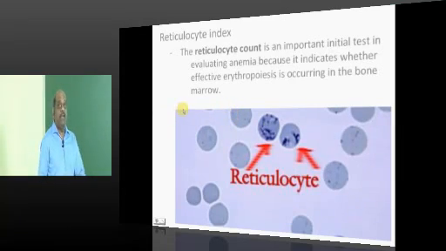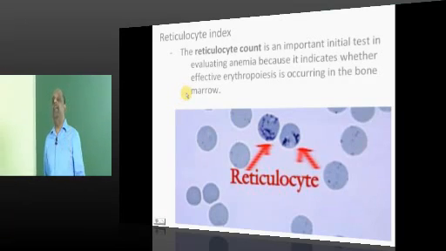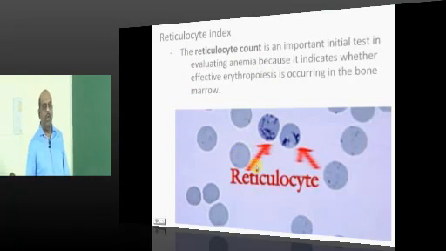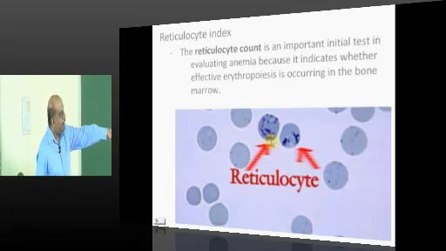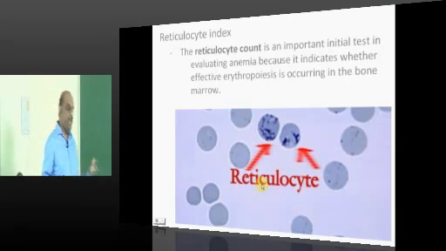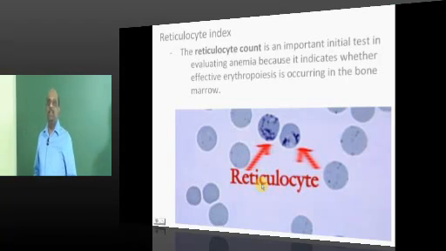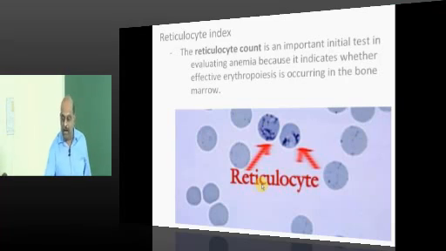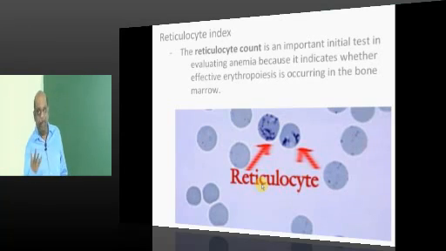Now, there is a very important index called the reti count index, reticulocyte count index. What is a reticulocyte? You can see that network-like nuclear chromatin in the reticulocyte. What is this cell? If you see that in the peripheral smear, what does it reflect? It says that the bone marrow is overproducing the RBCs and trying to compensate for the anemia. That is the meaning of the presence of a reticulocyte in the peripheral smear.